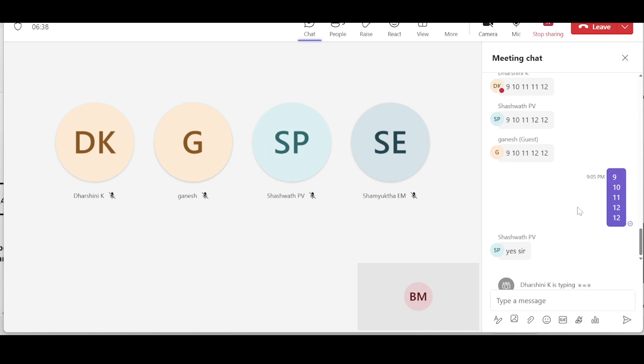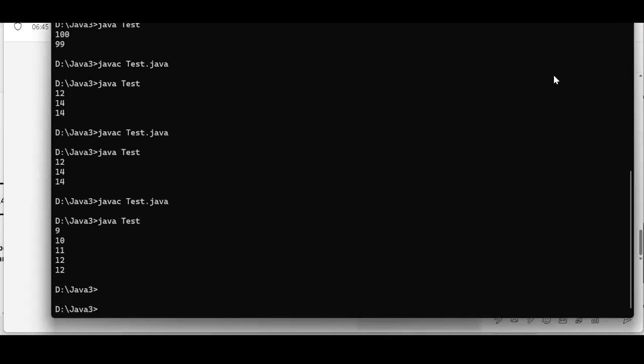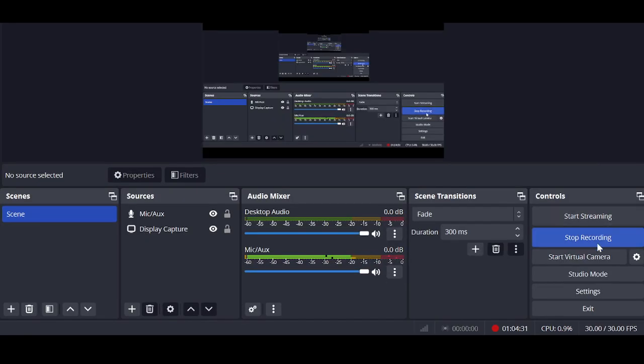Jashwant, Samyukta, Ganesh. Right? This is all about today. And tomorrow we will focus, we will start